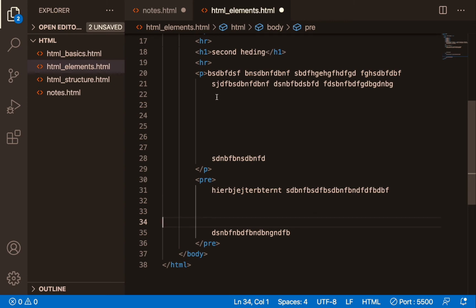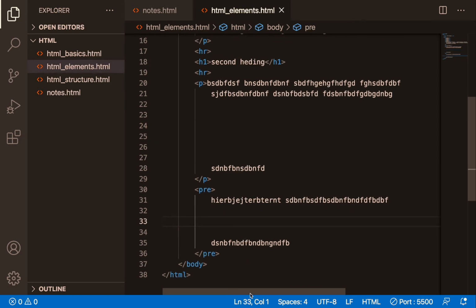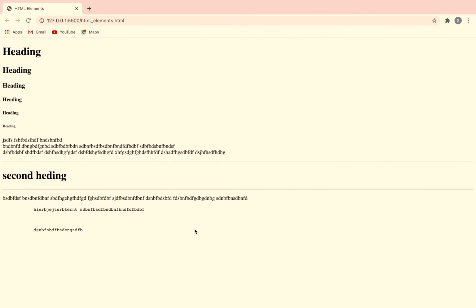But other elements like headings or paragraphs, whatever other elements, will ignore the space. For example, we gave multiple line spaces here, and it is ignored. But if we see here with pre, let's save it and see in the browser how the pre element will work. See, from here to here, in between I gave a 3-line gap. So it's not ignoring, it's considering whatever space we gave.